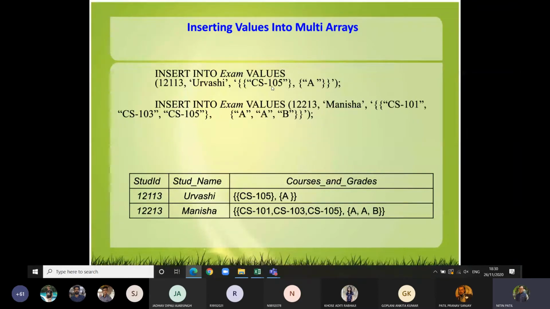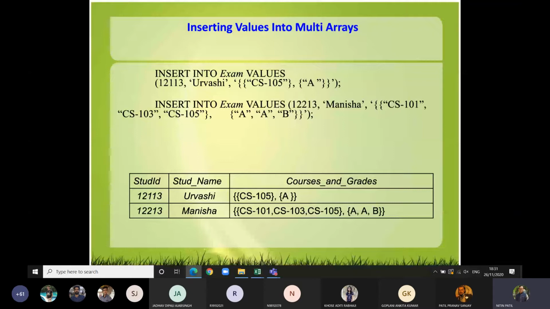If you want to insert more than one value, then over here you have roll number, you are giving name in single quote as it is a string, then single quote again, curly bracket. Now you are inserting values for the first parameter in a multi-dimensional array, like course, for example, course and grades, that's what we took. So all courses would be inserted here. CS101, CS103, CS105, all of them would be in double quotes separated by comma. Then your curly bracket would be complete. This is what we inserted for our first dimension.